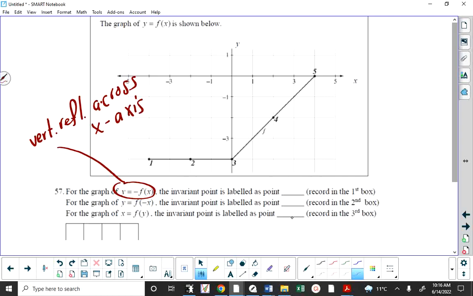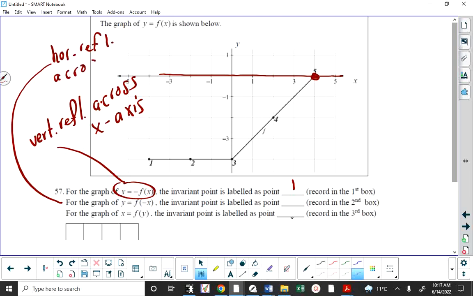So for the first one, we are reflecting across this line, and there's one point on that line. Everything else is below, so when we reflect it, it will go above. That one point will stay on the line. You need to know that for the second one, this is a horizontal reflection